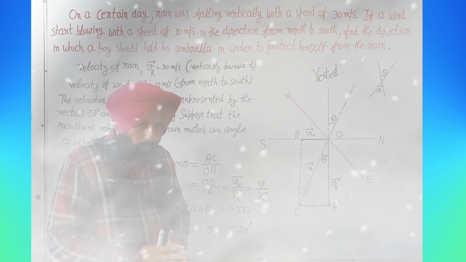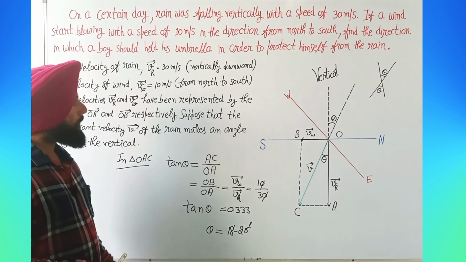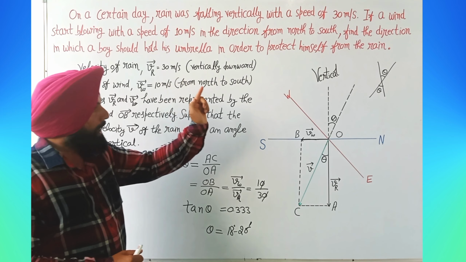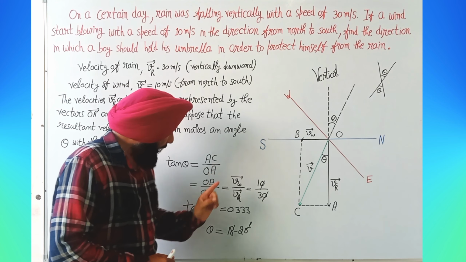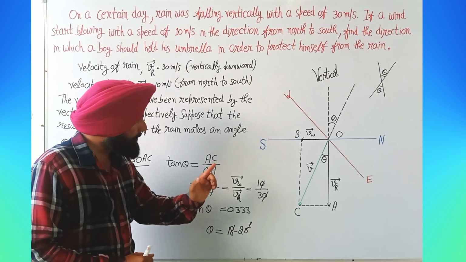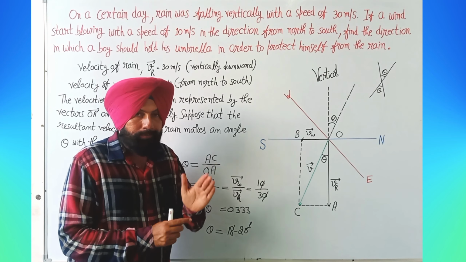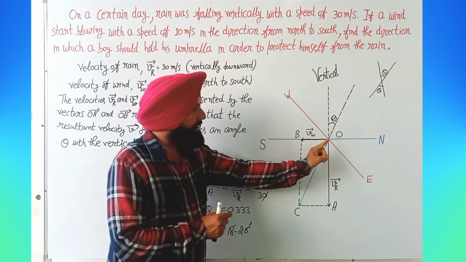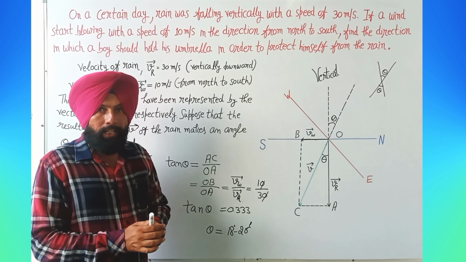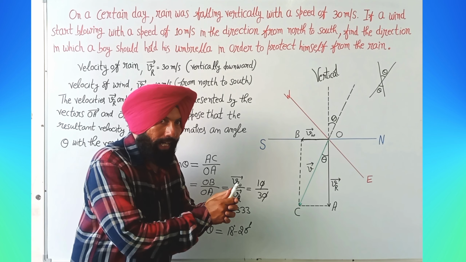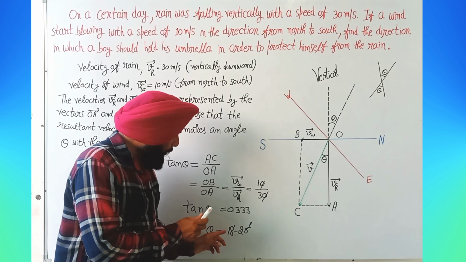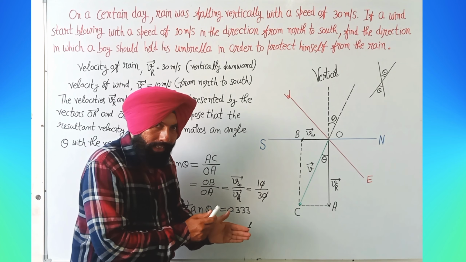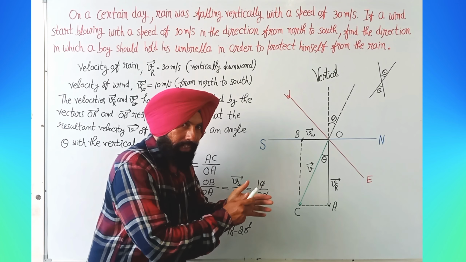26 minutes. So students, the boy will hold the umbrella making an angle of 18 degrees 26 minutes with the rain, means with the vertical, and toward the direction north. He will be bent making an angle 18 degrees 26 minutes with the rain, means with the vertical, and direction